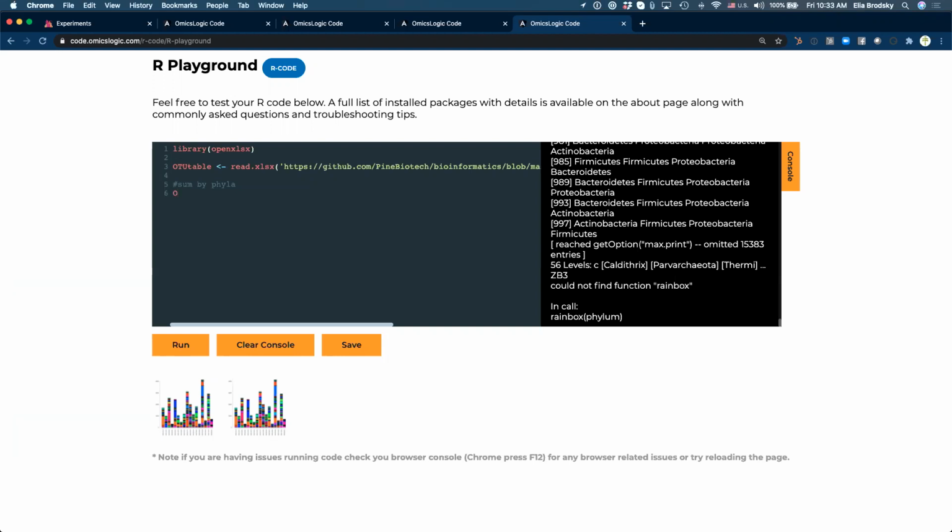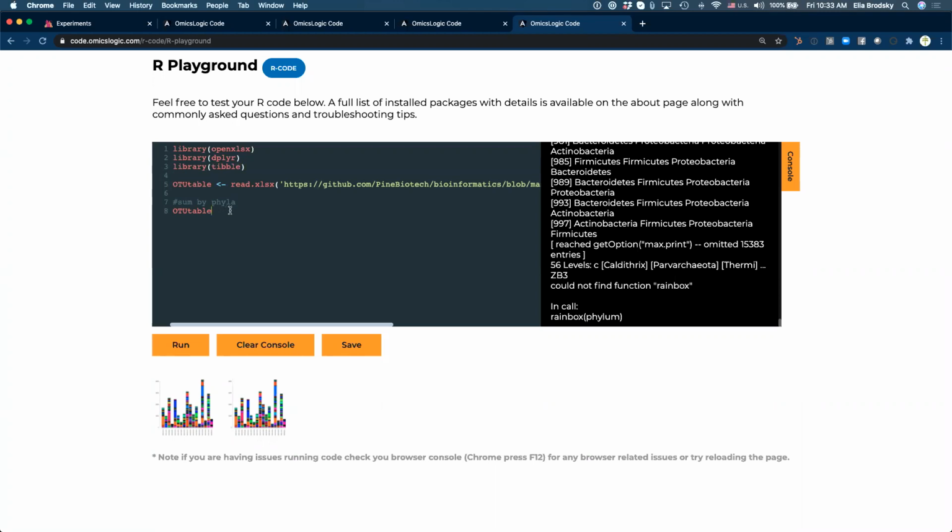So we can take the OTU table. One thing that we can use is a library called dplyr, and another library we will use later is called tibble.